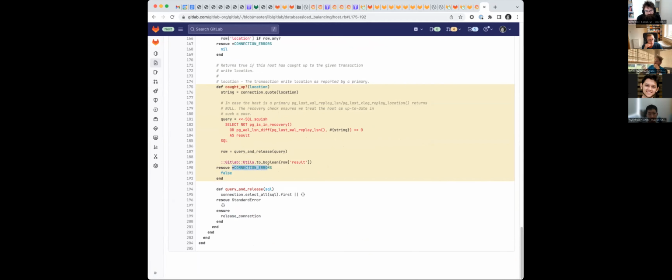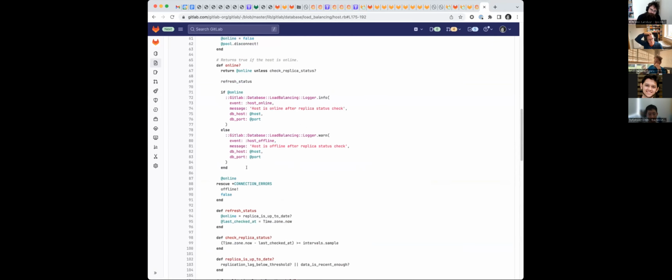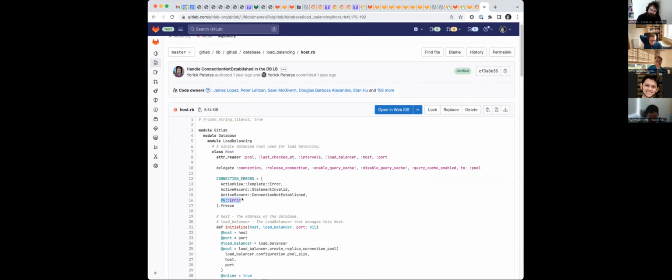So what's happening here is that we were masking real errors and instead saying, oh, there is a database load balancing problem. Because the problem wasn't even that the replicas weren't up to date. There was something else. I think the thing was just saturated, like all the backend connections between PgBouncer and the Postgres servers were constantly in use. So we were getting one of these connection errors, which include PG error. So this is the idea of just masking all of these and instead saying, well, let's retry